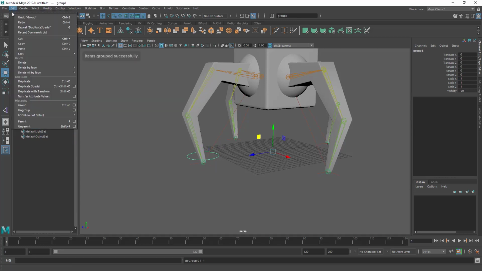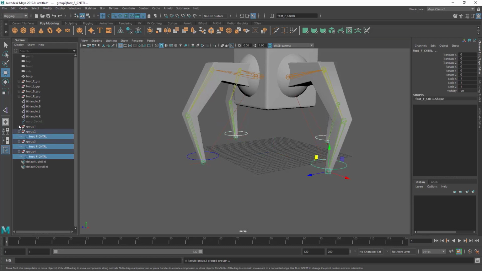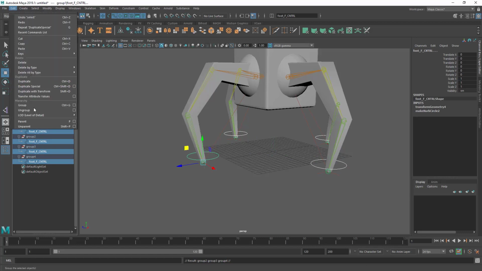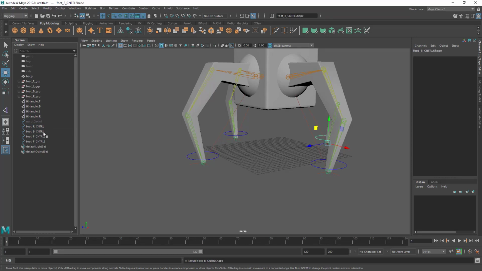Control G, duplicate special, unparent it and delete the group node. Great. Can rename it. Foot R for the right leg, B for the back leg. Okay,